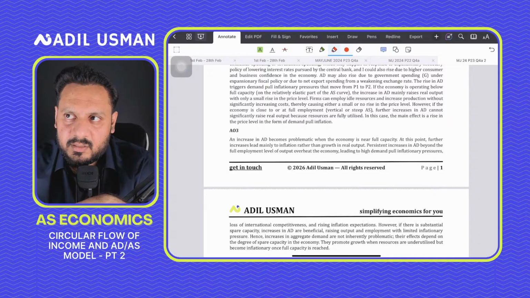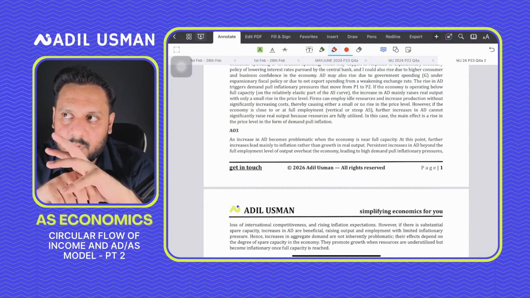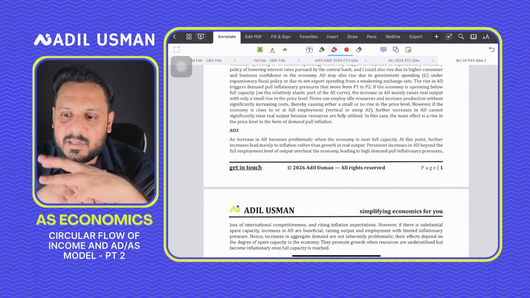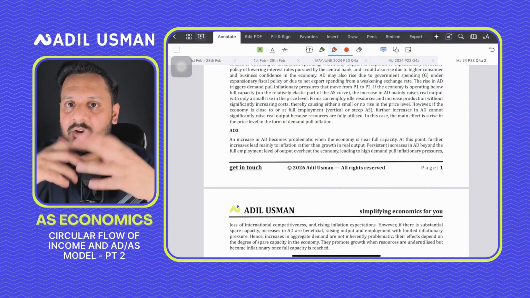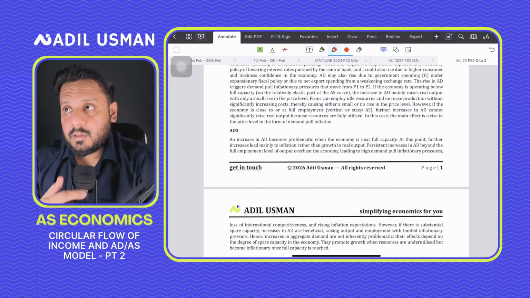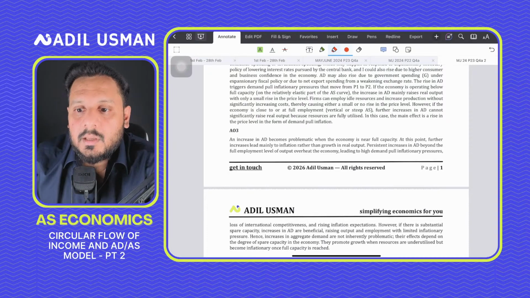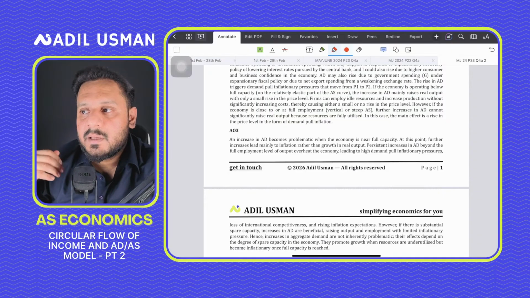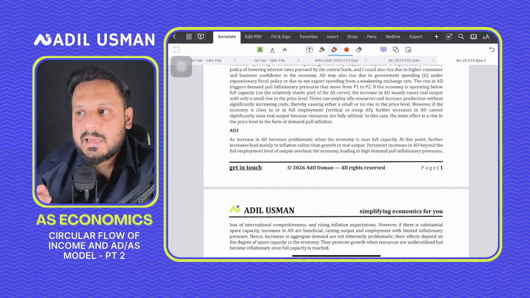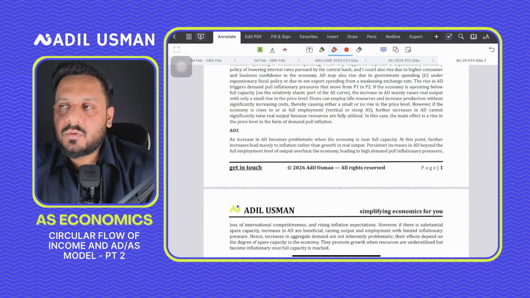पुश इन्फ्लेशन बता रहे हैं इन अ 12 मार्कर, एंड देन यू से, आई थिंक दिस इज द क्वेश्चन दैट फरिया वाज आस्किंग, दैट अगर आप 12 मार्कर में कॉस्ट पुश इन्फ्लेशन बता रहे हैं, सो अगर आप ये कहते हैं लेट्स से कि कॉस्ट पुश इन्फ्लेशन अकर्स ड्यू टू exogenous rise in unit cost, maybe due to a jump in world oil prices, so you could mention कि रशिया यूक्रेन क्राइसिस की वजह से ऑयल इंपोर्ट्स गॉट एक्सपेंसिव। लेकिन अगर आप ये मेंशन कर रहे हो, तो आप बहुत ज़्यादा से ज़्यादा एक लाइन से ज़्यादा नहीं, ये नहीं कि आप रशिया यूक्रेन की वॉर की वजह से कितना लंबा लिखें